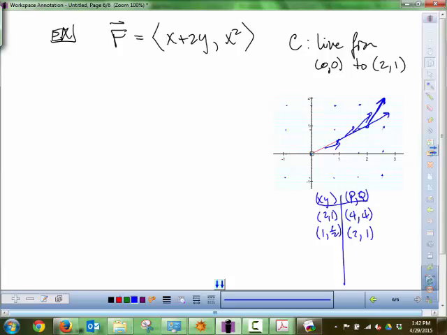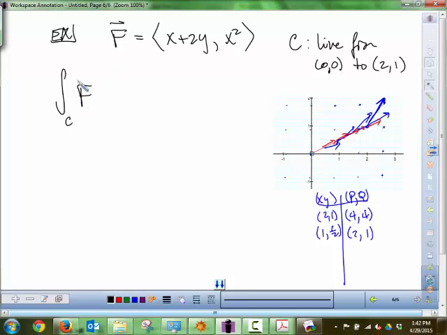And so what I want to do is my tangent vector, since this is a line, the tangent vector is going to be the same. It's just 2, 1. So I'm just going to be dotting it with these things, and that's going to figure out how much work I have. Okay? All right, so let's work this out as if it was set up the way I reintroduced line integrals. So the line integral is going to be given by this integral over a curve,